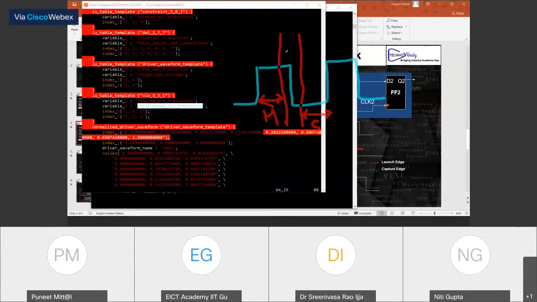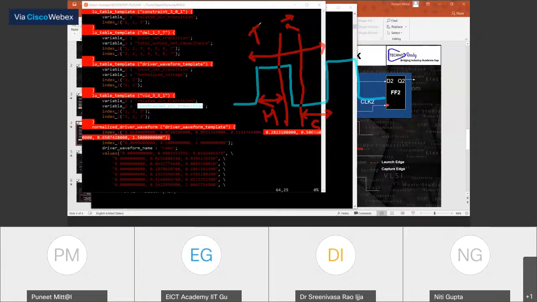So the question is, how can it happen? It can happen if your setup and hold times are huge. Then maybe you can say this red line is moving in this direction, and this is moving in this direction. Or you can also say setup and hold time are the same, but the clock time period, or in terms of operating frequency, the frequency is very low.